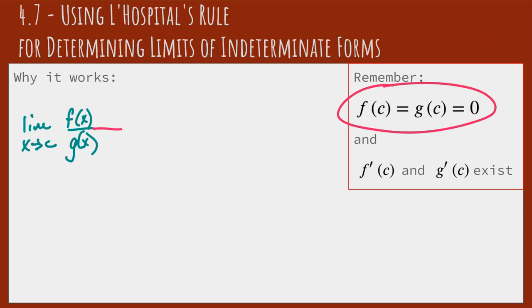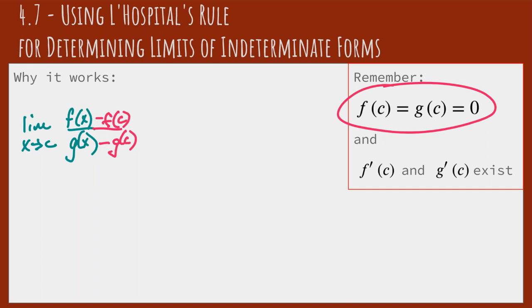So I'm going to extend this a little bit here and say this is the same thing as f of x minus f of c. Remember, f of c is 0, so we're just subtracting 0, and then on the bottom, I'm going to subtract g of c, so I'm subtracting 0. So I haven't changed the value of this because f of c and g of c are both equal to 0. You may be thinking, well, we know the limit's equal to 0, but what about the